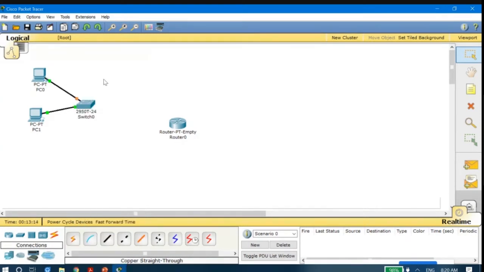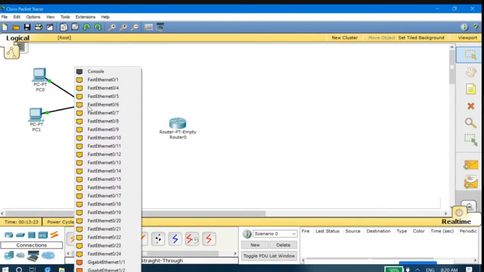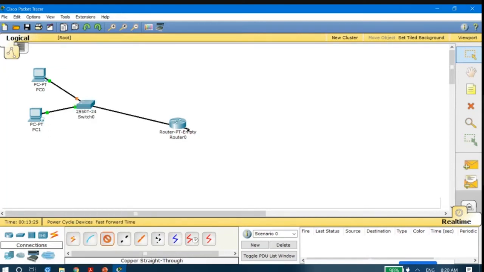And then I will connect this switch to this router. So let me just show you something, then we will connect. See, if I try to connect this switch to this router, it will not connect, because the LAN ports, the Ethernet ports that are required in order to connect the switch to that router, are actually not available. So that means I have to add some Ethernet ports to that router. Let me show you how to add the ports.